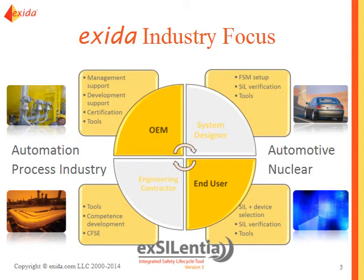I then was talking a little bit about exida. We're a global company. We specialize in functional safety, cybersecurity, both from the certification point of view and from the services point of view, and alarm management services. Together with that, we offer a range of software tools to help support, and we operate across a variety of industries. We operate in the automation, the automotive, nuclear, process industries, for example, the chemicals, refineries, upstream oil and gas,